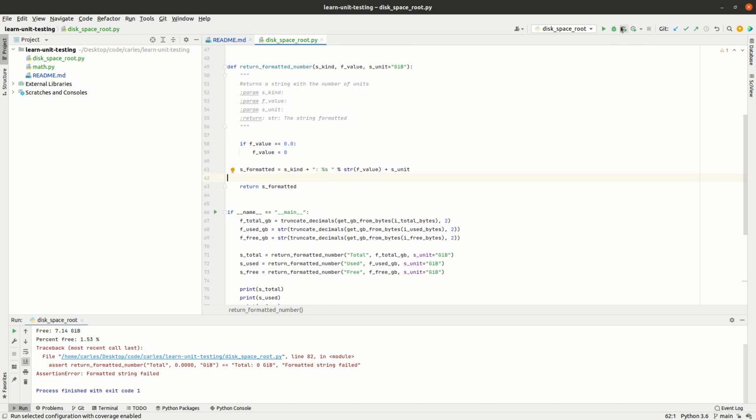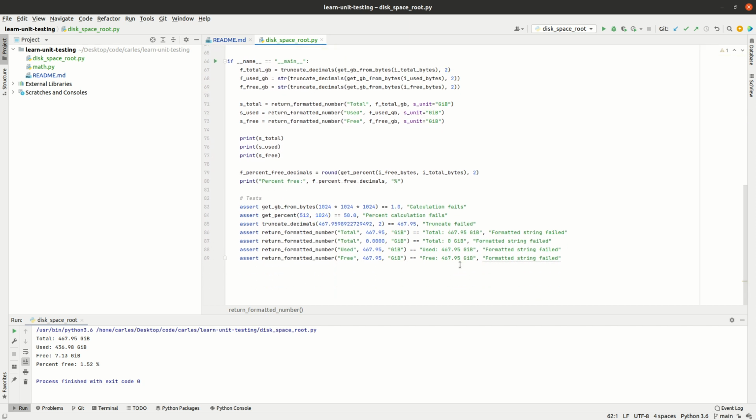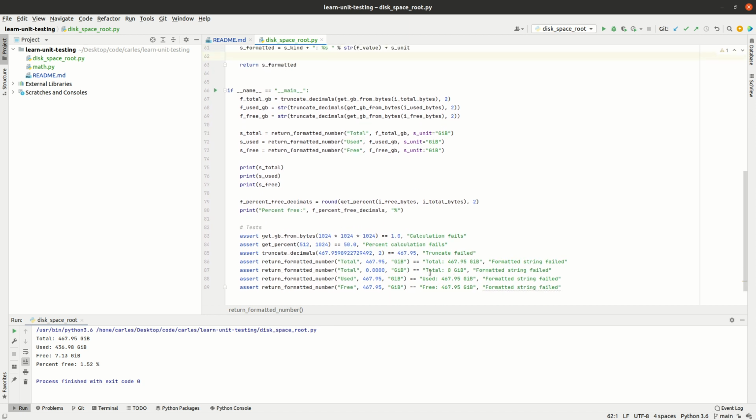So if we run now the test, okay, all the tests pass. So every time they pass 0.0, they will get the string formatted correctly. So we are gonna verify some corner cases,